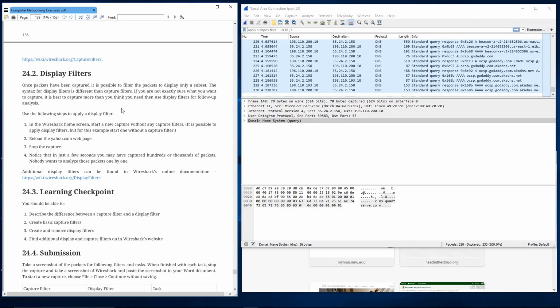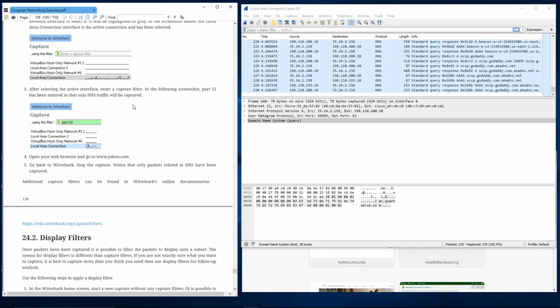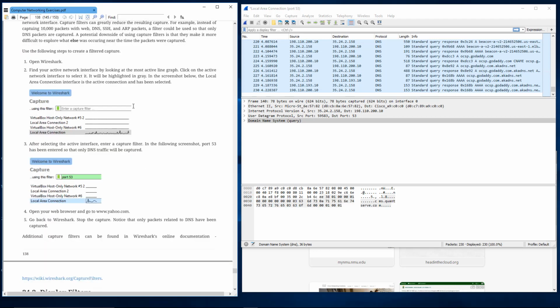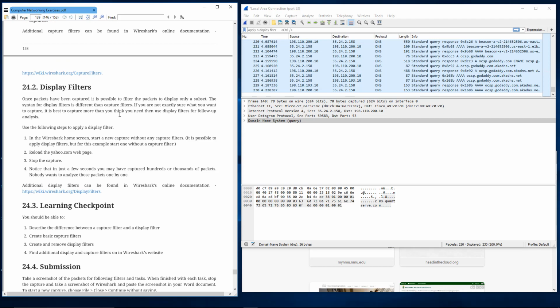So display filters are going to be a little bit different. Display filters,